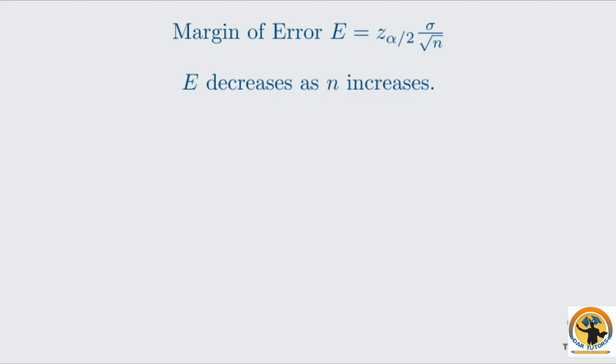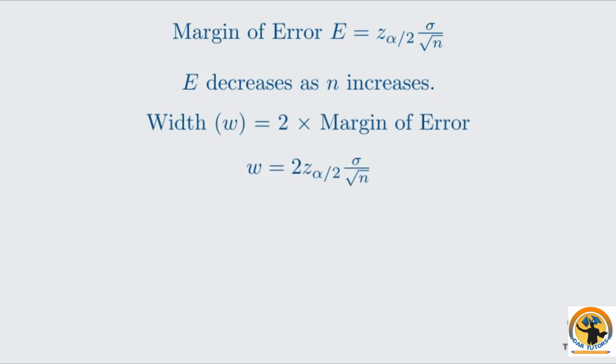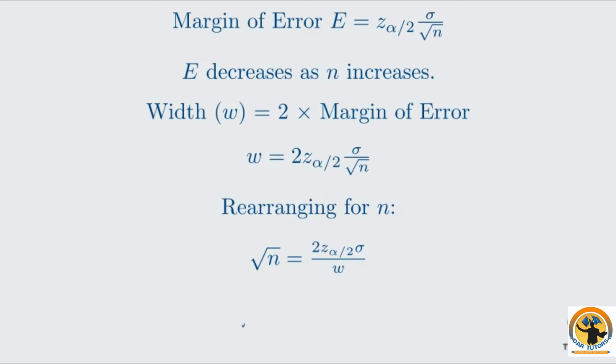We can calculate the sample size needed to achieve a desired level of precision. Let w represent the desired width of our confidence interval. We know the width is twice the margin of error. We can rearrange this formula to solve for n. First, divide by 2, then multiply by root n and divide by w. Finally, square both sides. This gives us a formula for the required sample size. n equals the square of the quantity 2 times z alpha over 2 times sigma, divided by the desired width